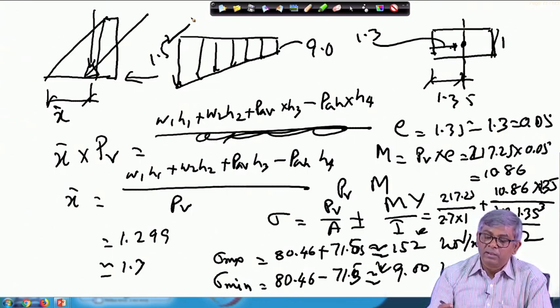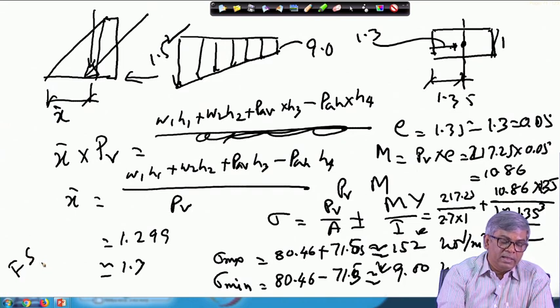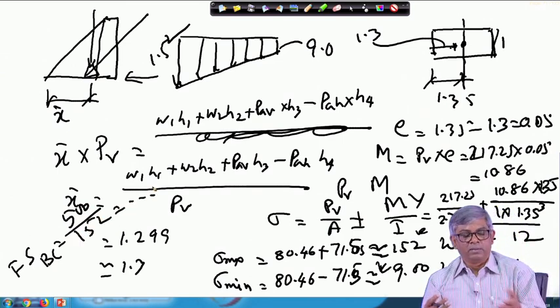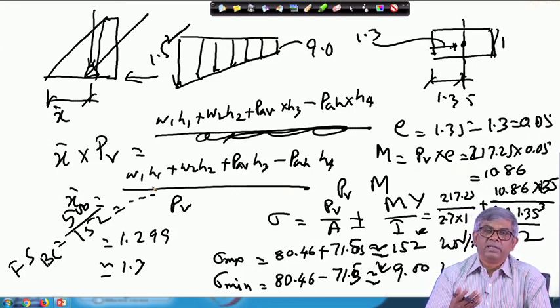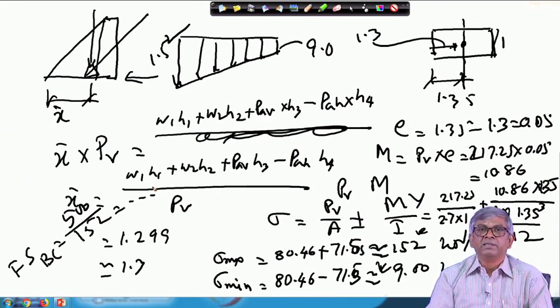Now, if you want to find the factor of safety against bearing capacity, suppose the soil bearing capacity is given as 500. Then the factor of safety is 500 divided by 152. Whatever value it comes to will be quite close to 3; 2.5 to 3 is generally desired, so it will be okay. If it is not, obviously you have to change the dimensions of the footing, either base or height, so that after analyzing we get the desired value.